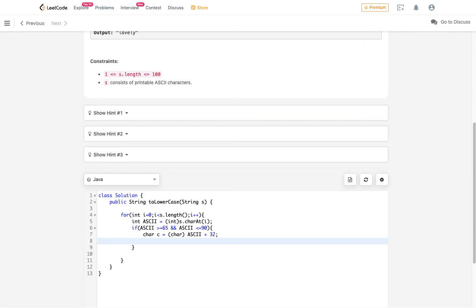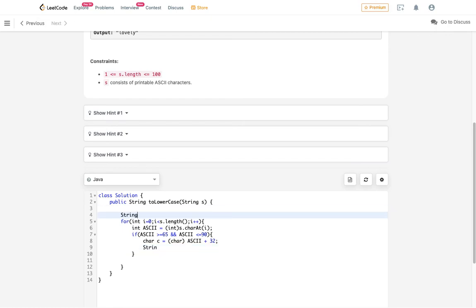Let's create a new variable over here, a string str, let's suppose, and initially the str should be s, and I'll let you know why I have initialized the str with s and not with simple double quotes. I'll let you know in just a minute.